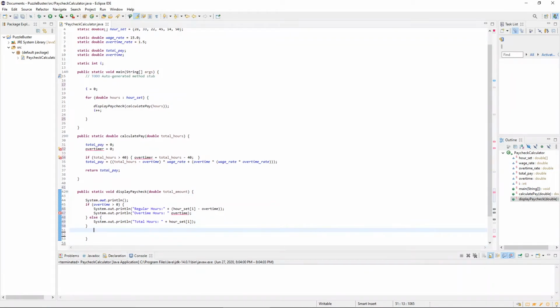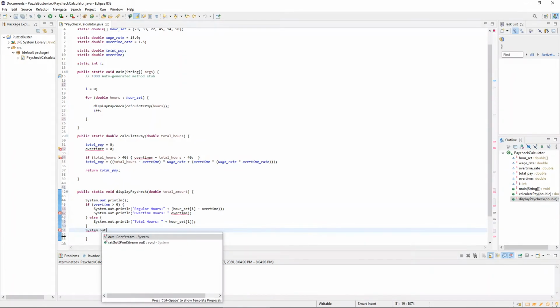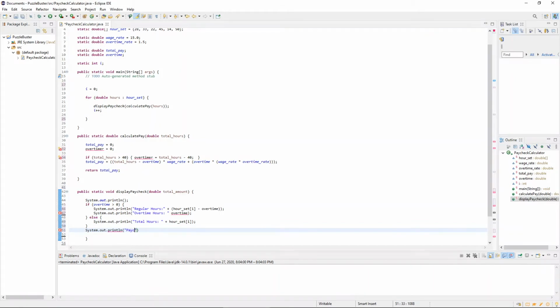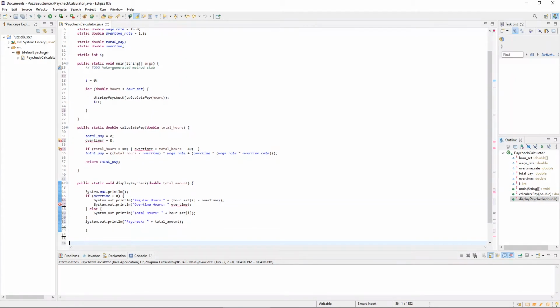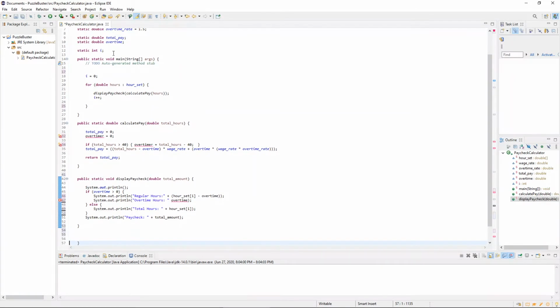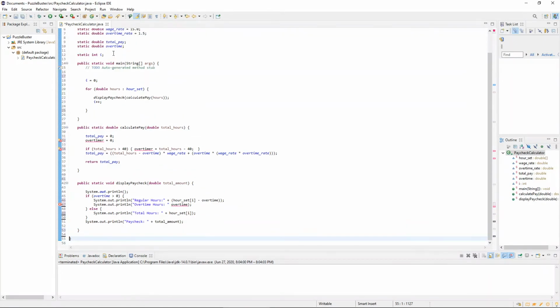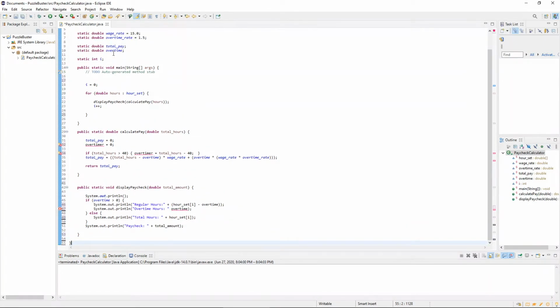And in all cases, we will print out the total amount of pay. So that'll be paycheck, and we will concatenate total amount, like so. All right. Everything there looks good so far. I don't think that I have any errors, so if we did that correctly, we should get a nice,